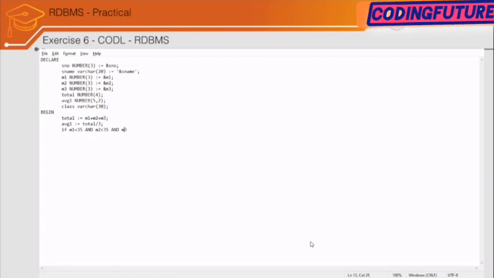Okay, make it greater sign. If m1 is greater than 35 and m2 is greater than 35 and m3 is greater than 35, then